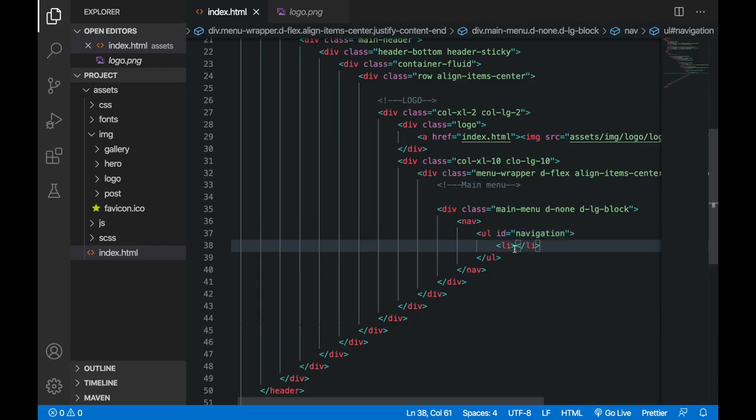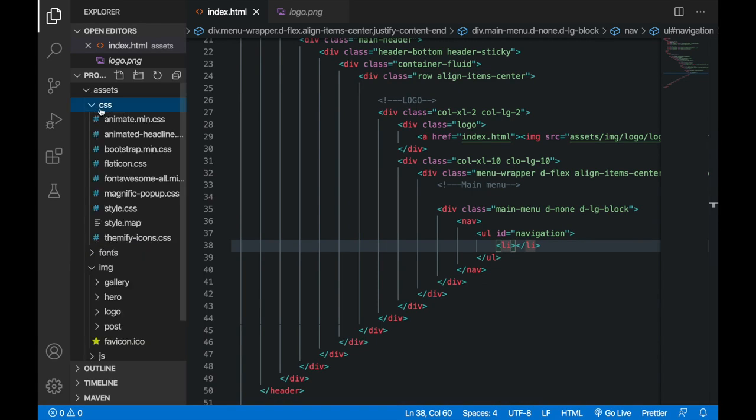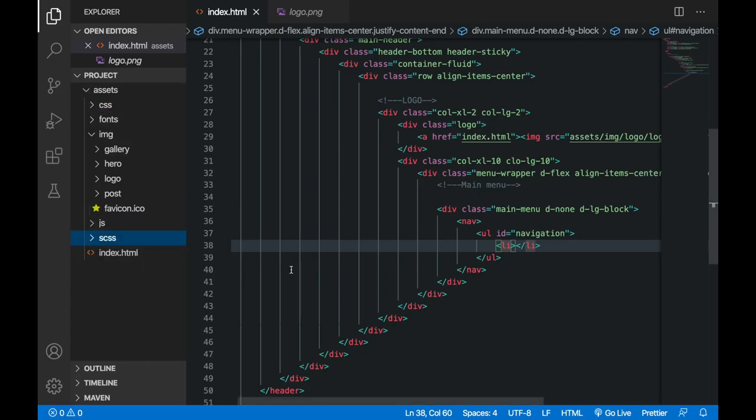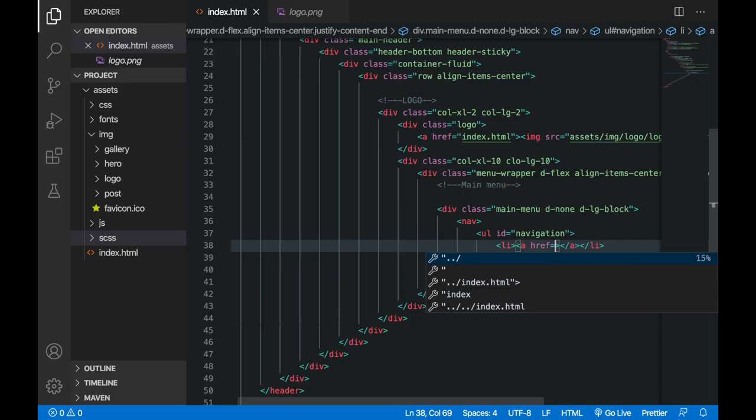Inside the editor you see here is my CSS files, which contain style.css, and I have already written some code in my scss and style.css file for this class or this id. After this, inside this li tag we have to give some links, so I will use this a tag, and here I have to give the link by using this href attribute. Because I am going to make this just a dummy link, I have given this hashtag. Otherwise it will show some error if anyone clicks on that link and it doesn't contain any path.